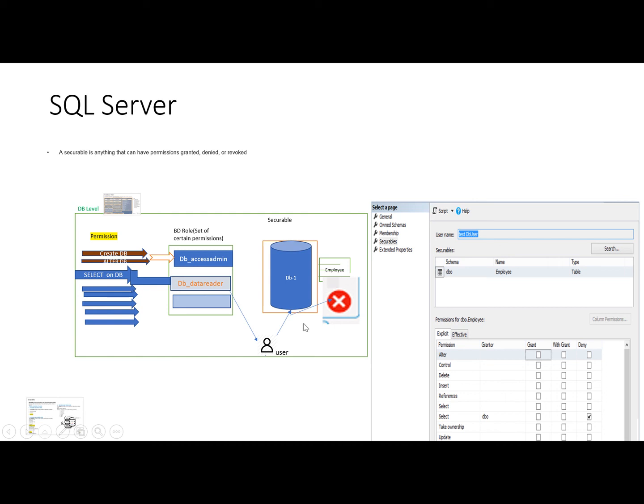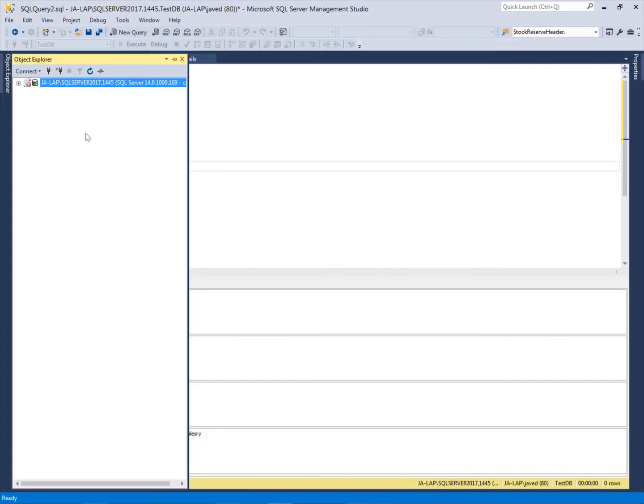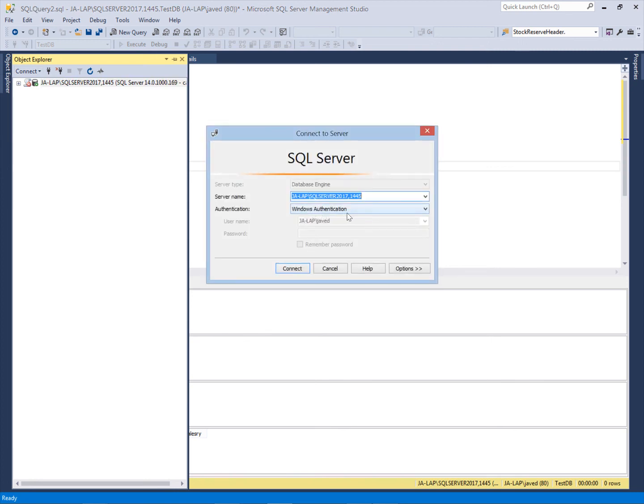To implement this scenario, I will go into SQL Server Management Studio. Currently, I'm logged in with the administrator account. I will log in with another account which has low permissions, this Windows local user, using Windows authentication.